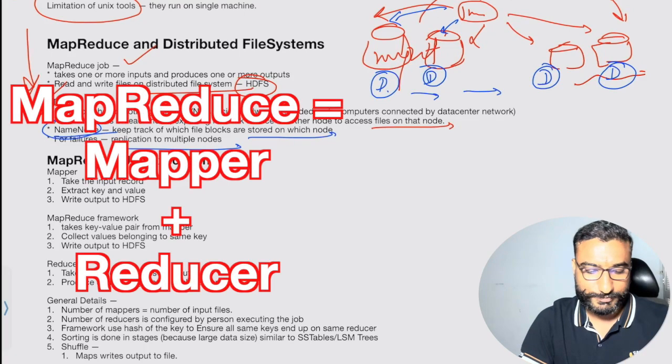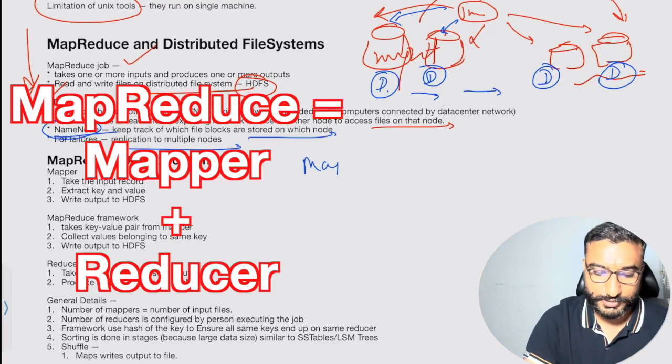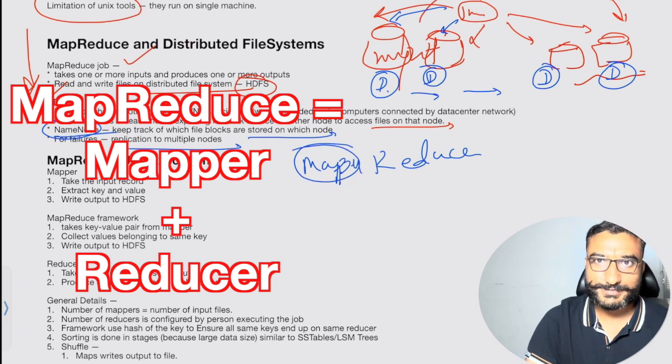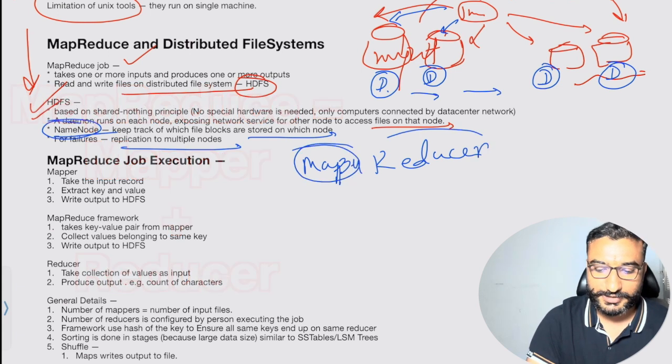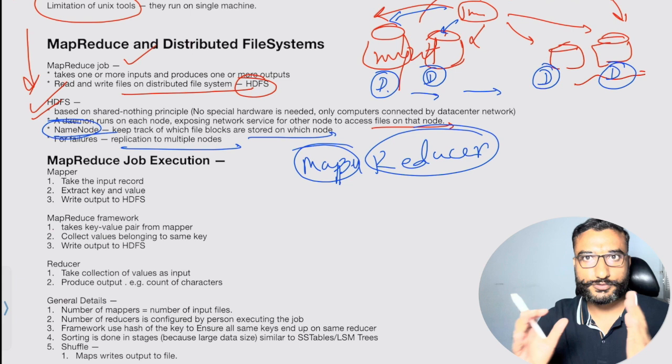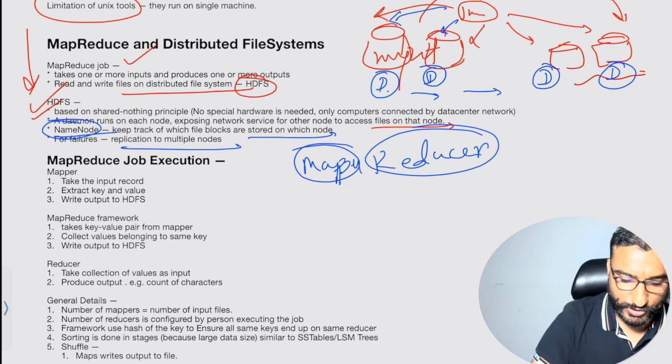There are two components in MapReduce. One is the mapper, so the map is basically the mapper, and then reduce is the job of the reducer. Okay, so there are two components, mapper and reducer. So what does the mapper do? The mapper takes the input